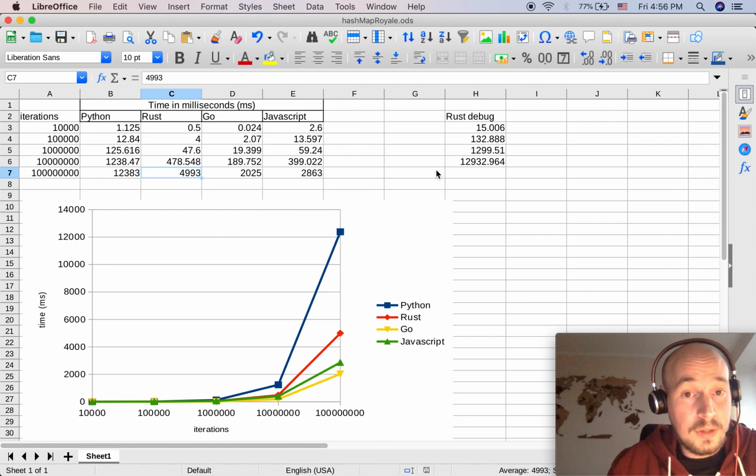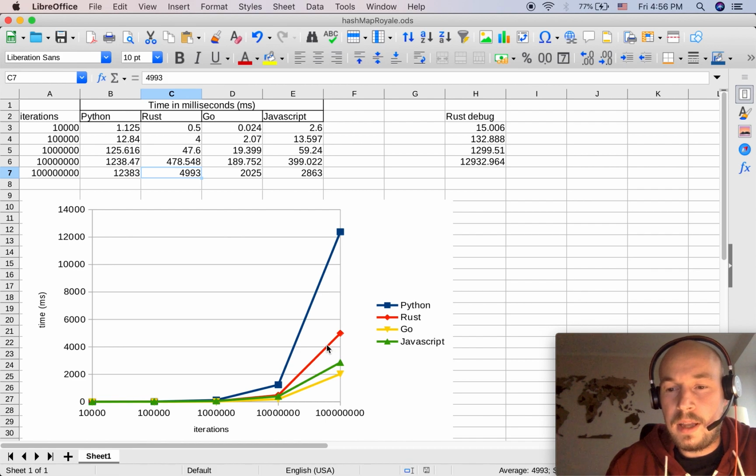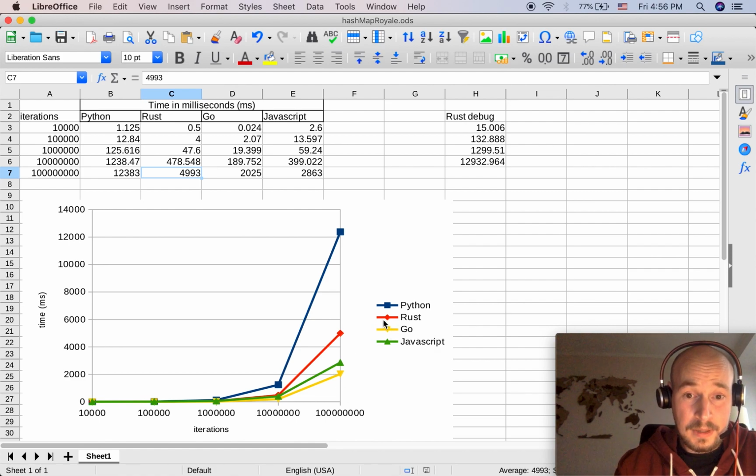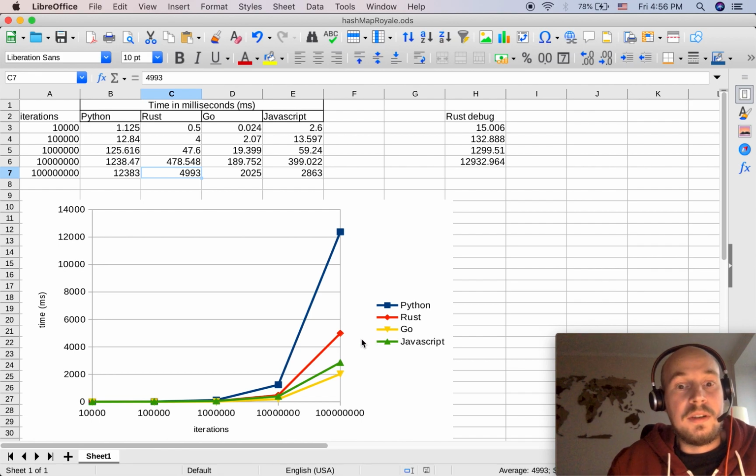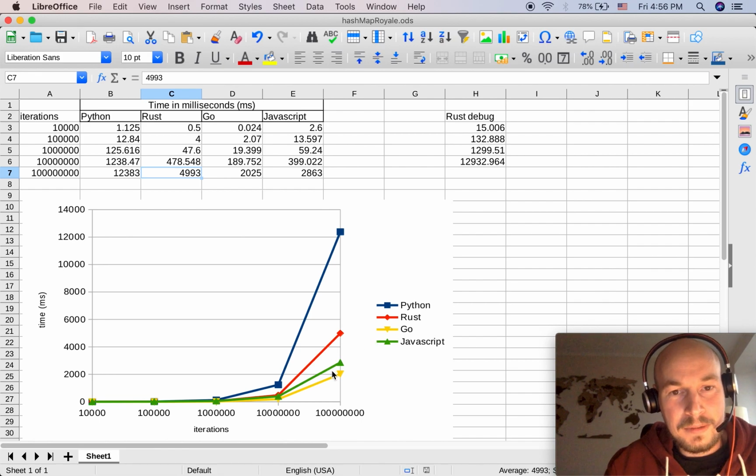So here you go. Apparently, if this wasn't about hash maps in the algorithm, of course, I would guess Rust would be way below here. It would perform the 100 million operations faster than Go, or at least it would be faster than JavaScript. I haven't checked that. Now, I'm not looking at the amount of memory these faster approaches, JavaScript and Go, use.